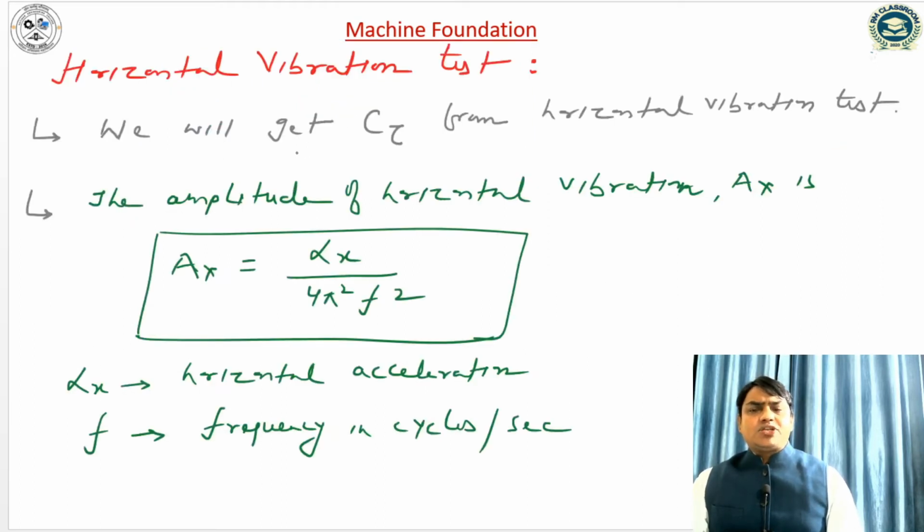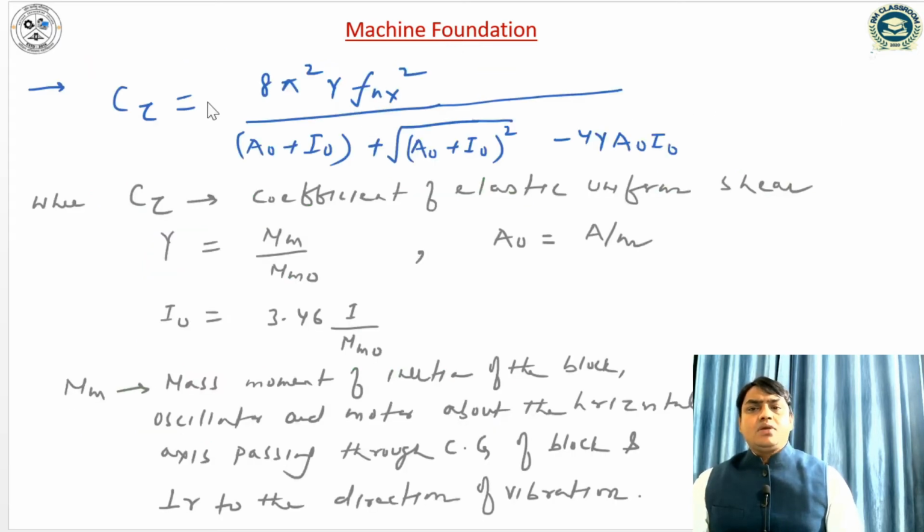In the horizontal vibration test, we will get the coefficient of elastic uniform shear, and the amplitude relation for the horizontal vibration test is Ax is equal to alpha x divided by 4 pi square into f square, where alpha x is the horizontal acceleration and f is the frequency in the x direction in cycles per second. The expression of the coefficient of elastic uniform shear can be computed by this expression, where gamma is the ratio of mass moment of inertia of the base of oscillator and motor about the horizontal axis passing through the CG of the block and perpendicular to the direction of vibration to the m m naught, and a naught is equal to the ratio of A by m,